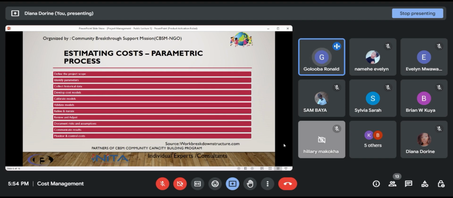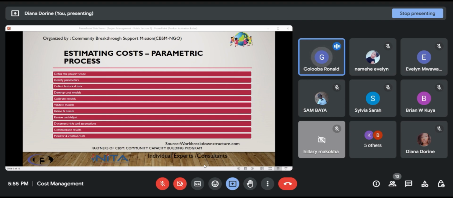While you're using the parametric cost estimation technique, it has a process that you follow, and the first thing that you do is you define the project scope. I remember in scope management, we say that there's a scope definition, and you define the objectives and the deliverables of the project. This is crucial for understanding project requirements and associated costs. Once you know what you're going to include, and what is not going to be included in your project,